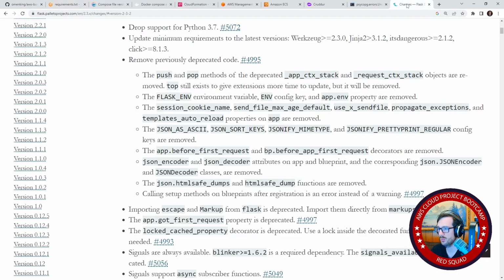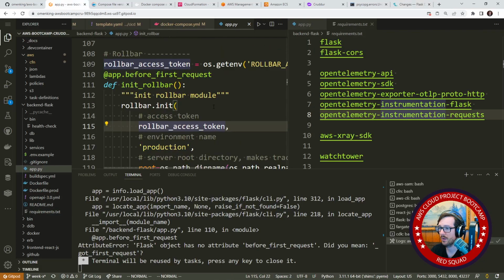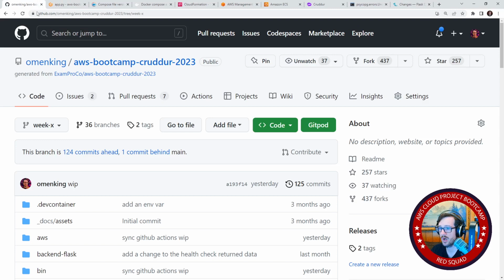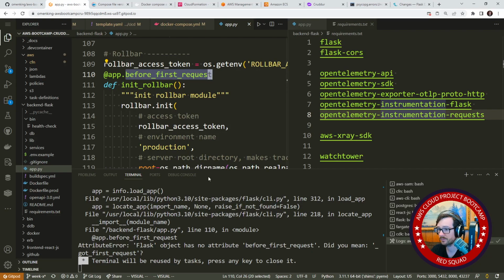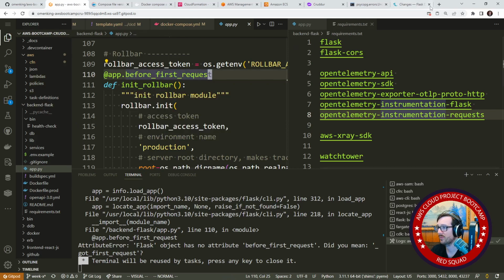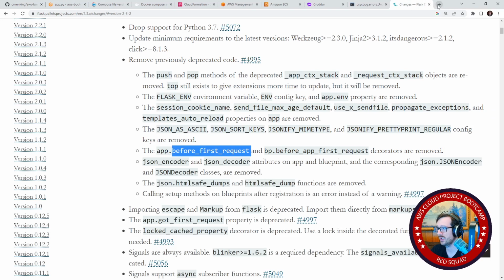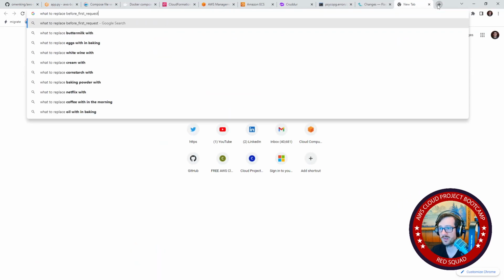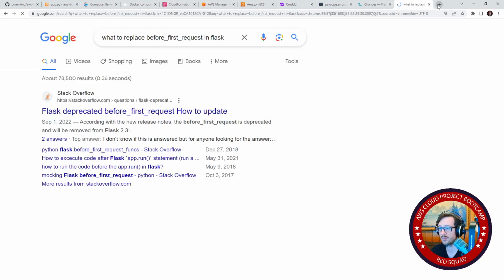I could have sworn we replaced that. I definitely went about and solved that before. So I'm not sure how we're back to this old code unless I'm just in the wrong branch. But I believe that I'm in week 10 here, so that's a bit confusing to me. But I guess we can go solve it again. So we'll say, you know, what to replace in Flask